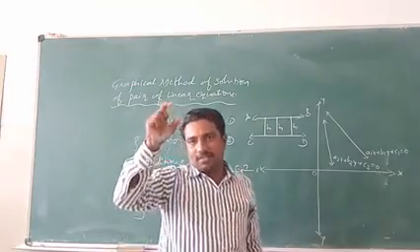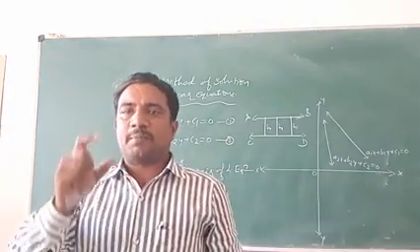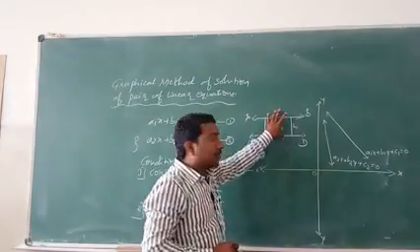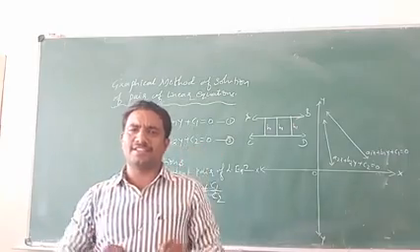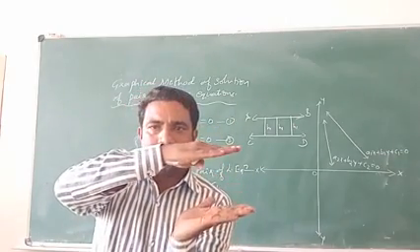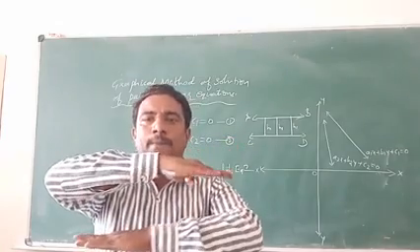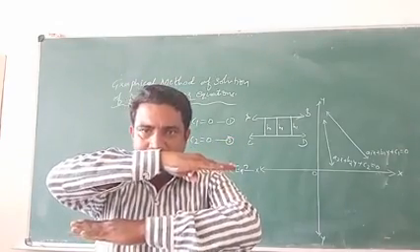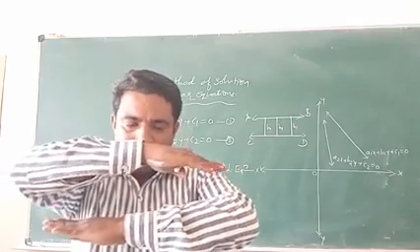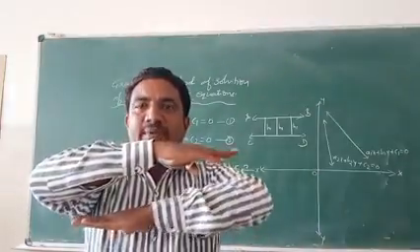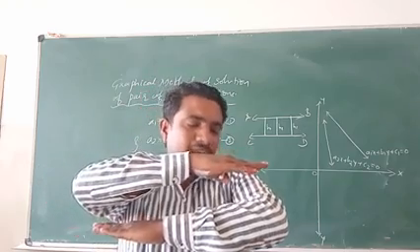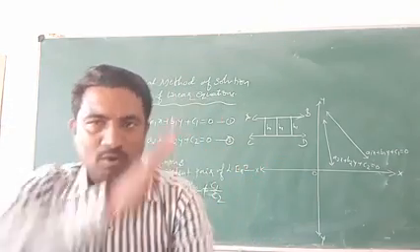This type of lines are called parallel lines. What is the condition of these parallel lines? If two lines are said to be parallel, these two lines, in between this distance, it is the same at other points. Therefore, I will consider these two are parallel to each other.